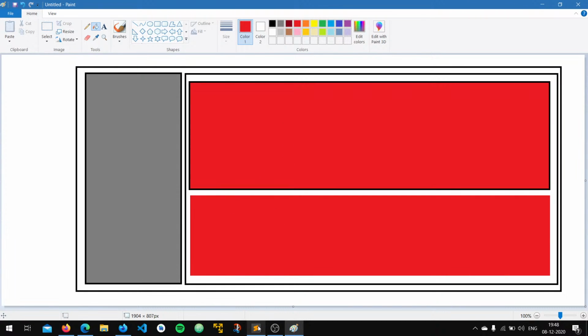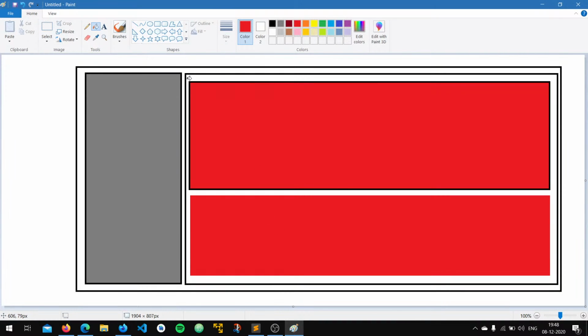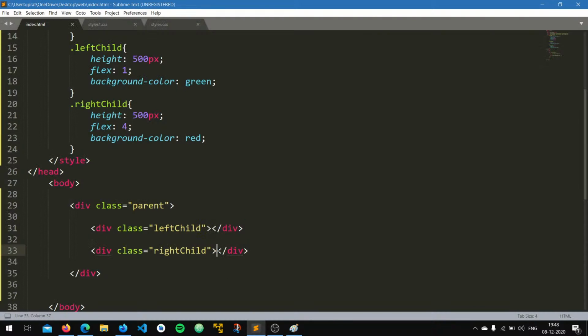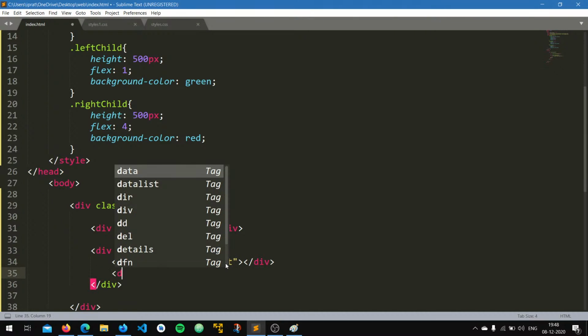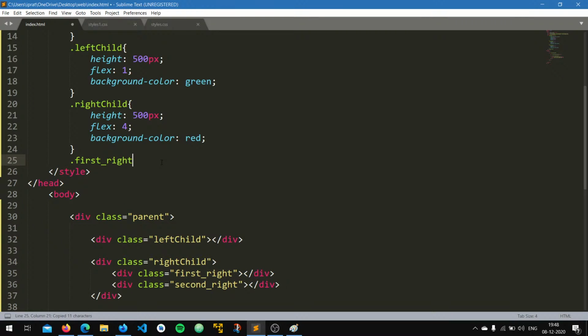Okay, so what we'll be doing for that is these two red boxes are certainly in the right child or in the right side of the bigger box. So we'll be adding two divs in the right side or in the right child. Let's add one div and say class is equal to first of right, and let's add another div with the class is equal to second of right. Now we can select this first and second by using dot again